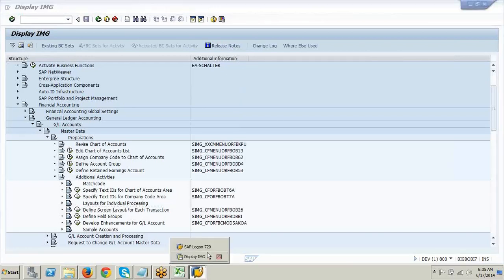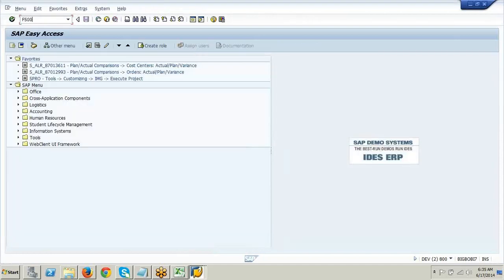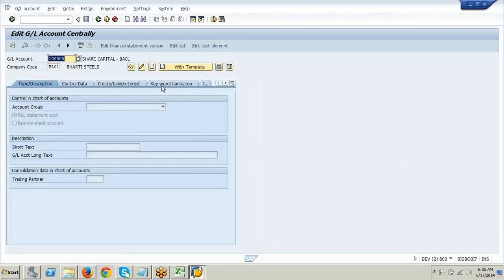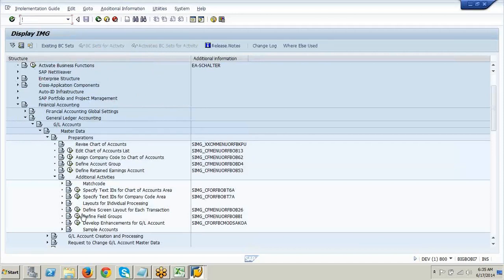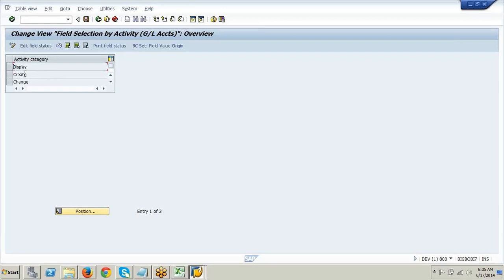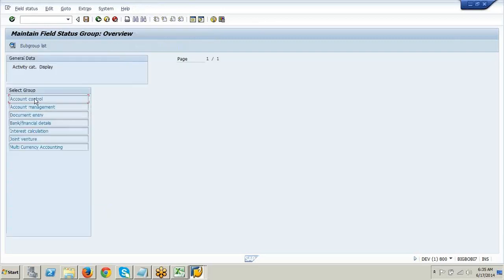Now in the master data, what is this display, right? This icon? Change, create, right? 3. Now you see here, in the screen layout, can you see display, create, change? So at these 3 levels, if the user is going in a display mode, he should not see